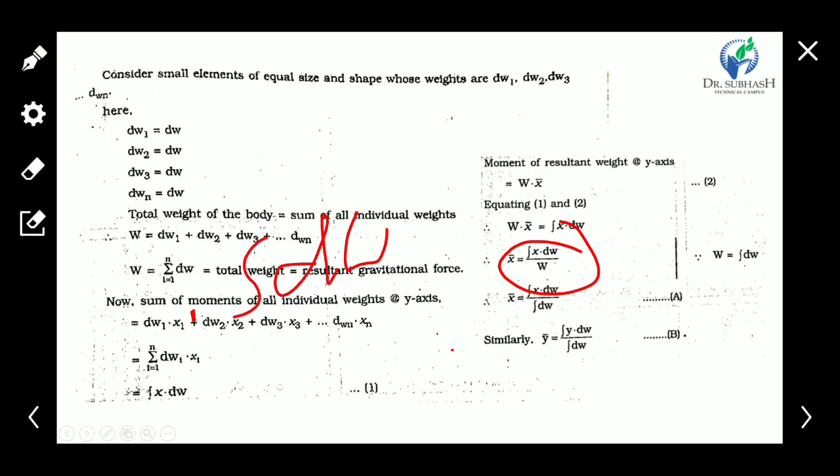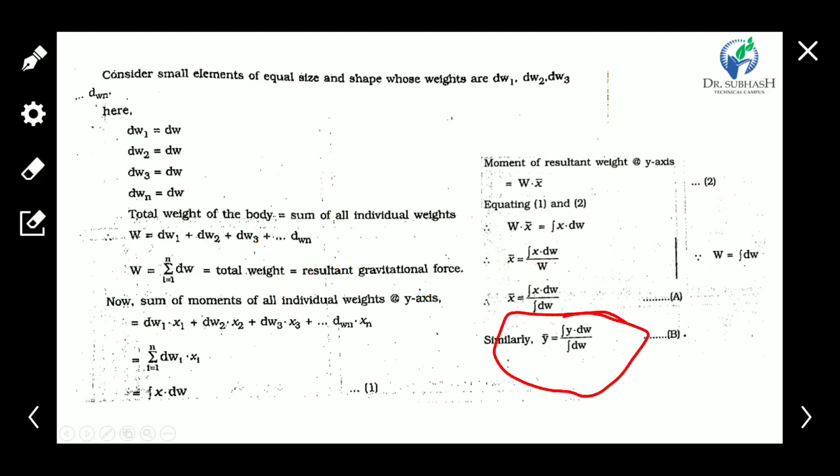So we can write the integration of dW instead of capital W. So this is the equation of x bar and y bar, which gives the specific distance of the center of gravity of the given body from the reference axis. X bar is the x distance, or horizontal distance, of the center of gravity of the given body to the reference axis,